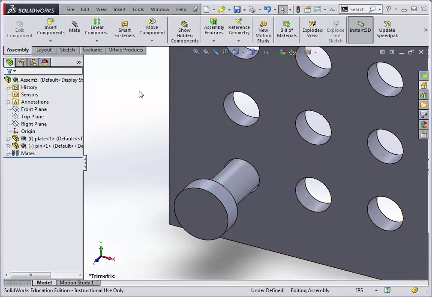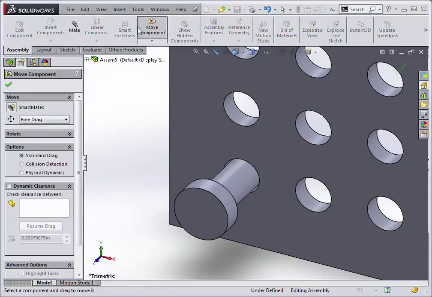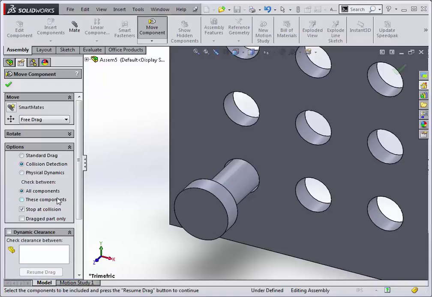What I want to show you first is collision detection. And you can get collision detection by clicking on move rather than just clicking and dragging the part, actually clicking on move. And over here in options, if you click on collision detection, you can set a bunch of different settings. One I'm going to do is stop at collision, and as I drag the part now,